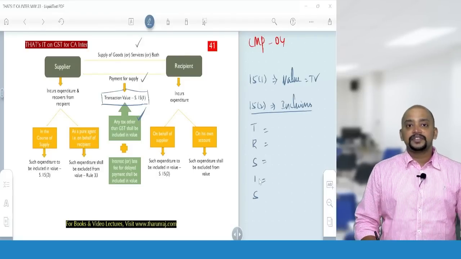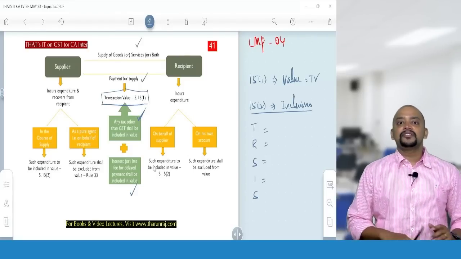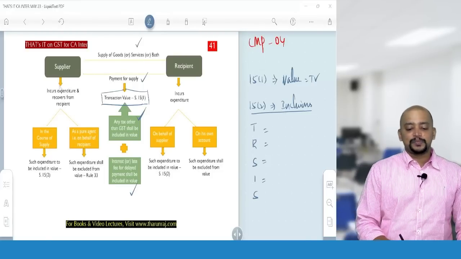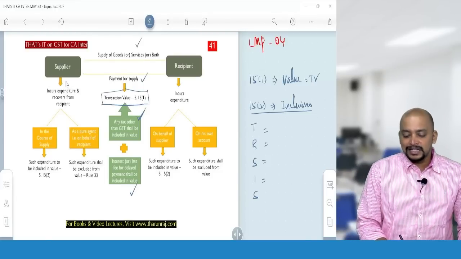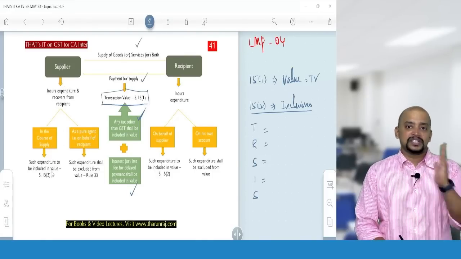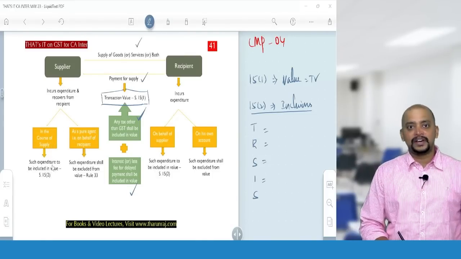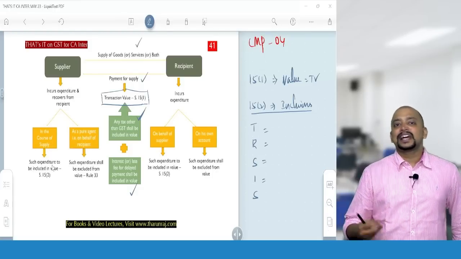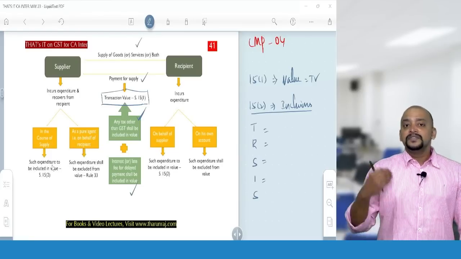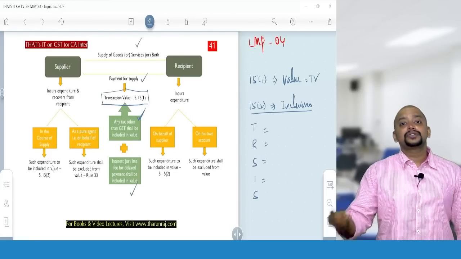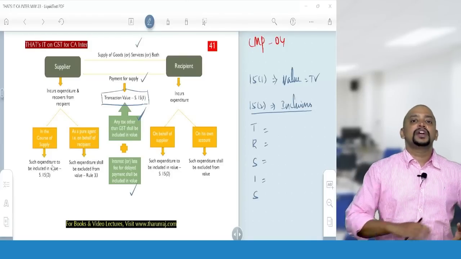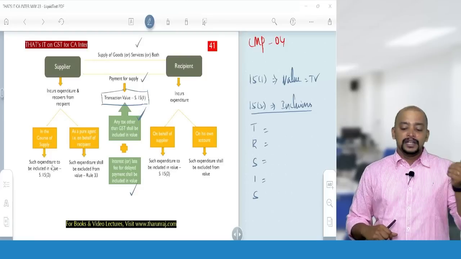Then I refers to interest, late fee or penalty, and before that is the supplier incurring the expenses. So the supplier incurs the expenses and recovers them from the recipient when? Before delivery or before supply of service, that should be included in the value. That is, the supplier incurring expenses like advertisement expenses, packing expenses, transportation expenses, etc., which the supplier incurs and charges to the recipient. What is the point at which it is charged? Before or at the time of delivery of goods or before supply of services, then it should be included